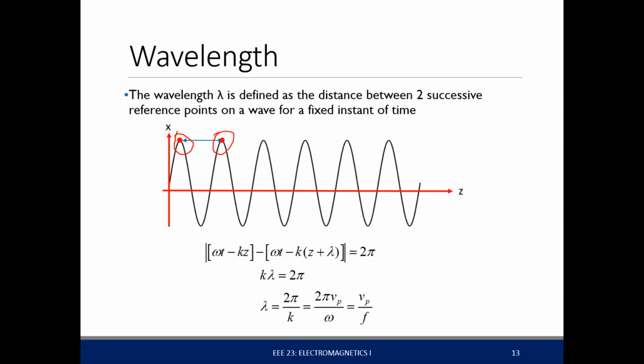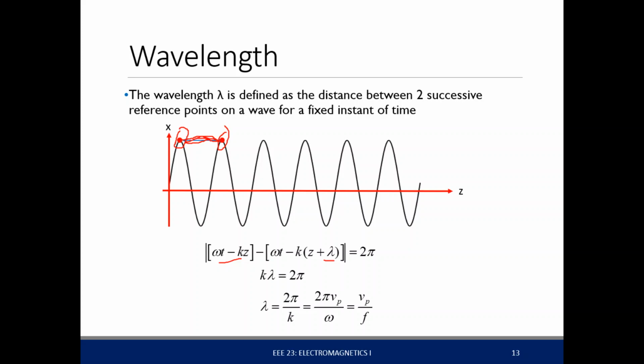If this has almost the same phase, that means their phase difference here, since this is a sinusoid, is equal to 2 pi. So this assumes we're looking at a fixed point in time, therefore t is constant. This phase here is omega t minus kz, and this phase here is omega t minus k times z plus some value delta. Lambda. This lambda right here is actually the wavelength, since it's the difference in